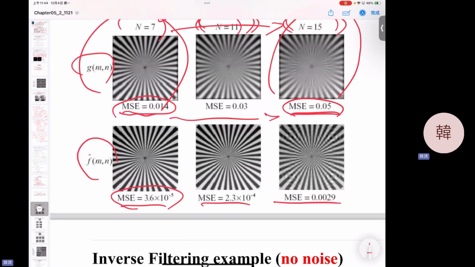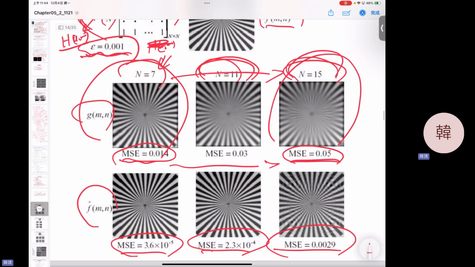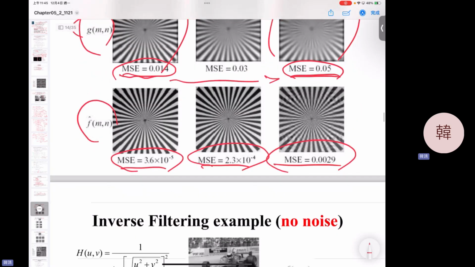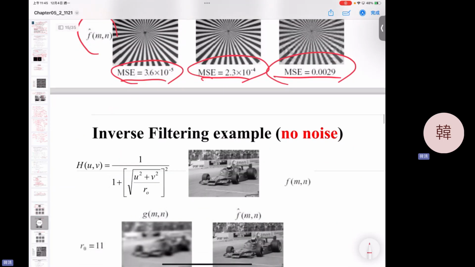For the small one, we get this MSE, and this recovered image, and this is larger and larger. It's definitely because your degradation model is more serious. This is the deblurring result, the inverse filter result. You get a pretty good result here. Here again, there's no noise. If there's no noise, and we use this kind